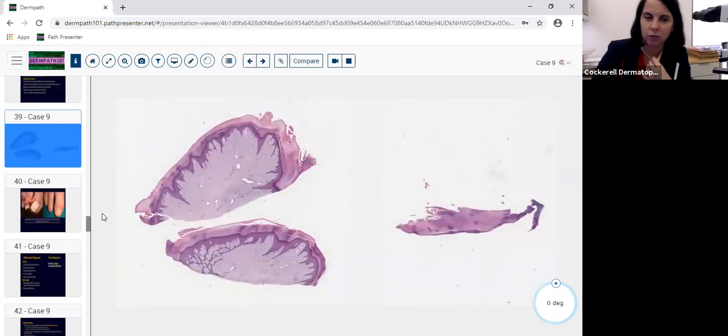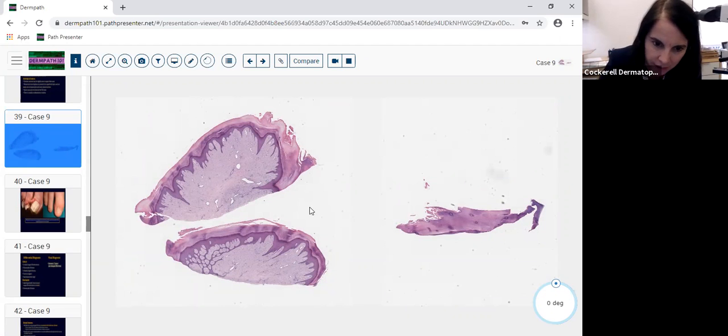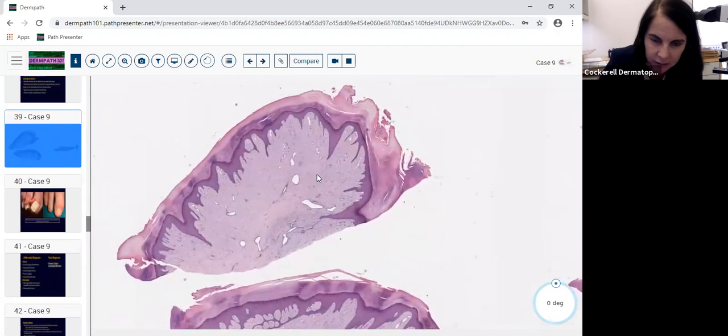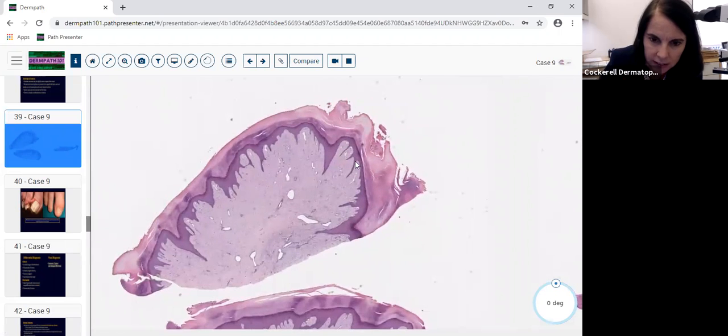This next case is a really beautiful section of this entity. Now, this may have been one lesion bisected, or it may have been 3 lesions that they placed in the formalin container. I'm thinking maybe there were 2 lesions, or this was possibly bisected. But taking a closer look at this, we notice right away the hyperkeratosis, the acanthosis, and the downward